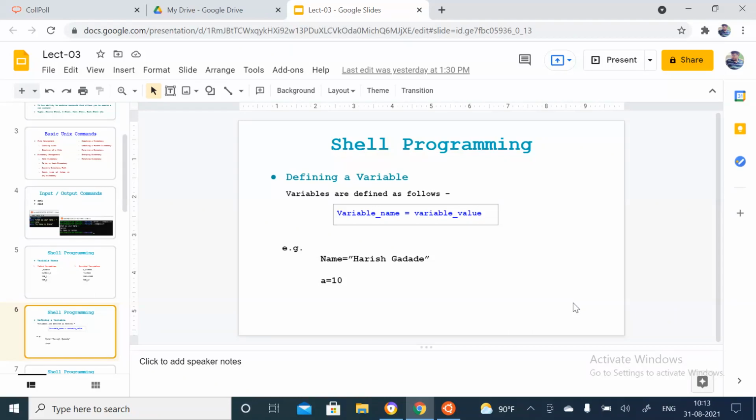Suppose you are using a variable a. Before assigning 10, this variable is ready for any value: integer, character, string or float. Simply declare it like this.